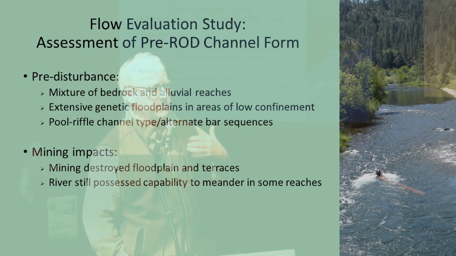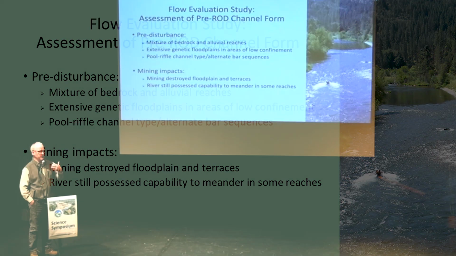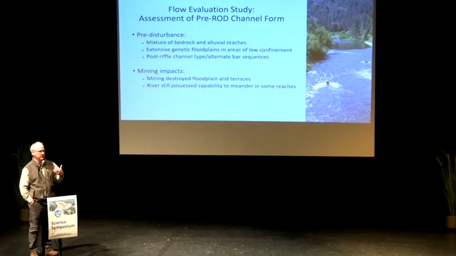So at that time, in the Flow Evaluation Study, there was a characterization of what they thought the river looked like before disturbance by mining and by development and by the dam. And it was viewed that the river had been originally a mixture of bedrock channels and alluvial reaches, that there was extensive naturally built floodplains across the valley floor from valley wall to valley wall, and that the river was unconfined